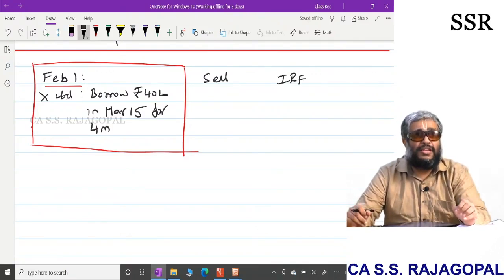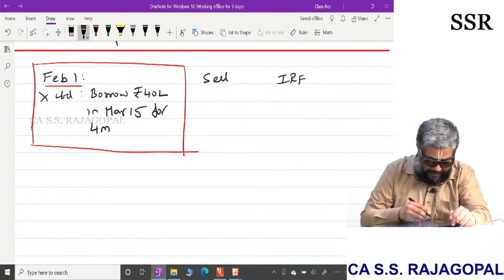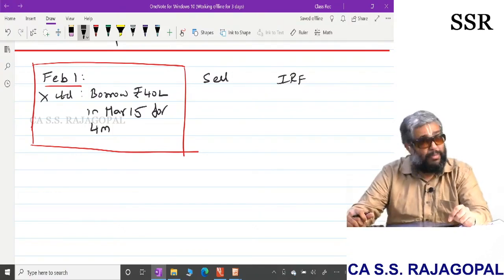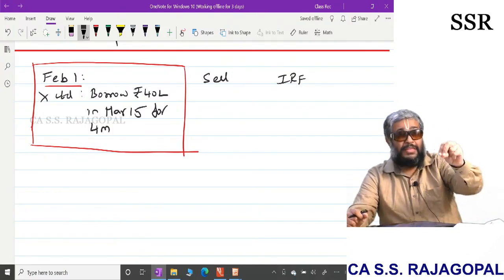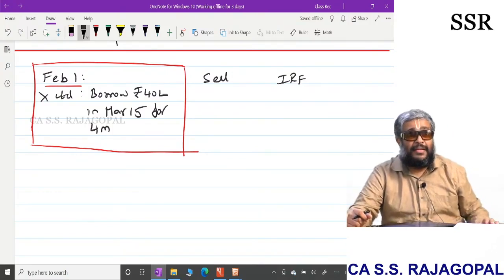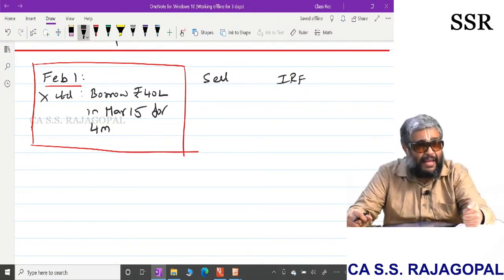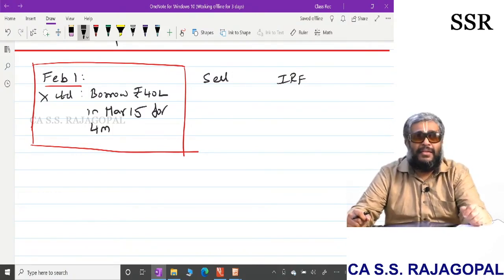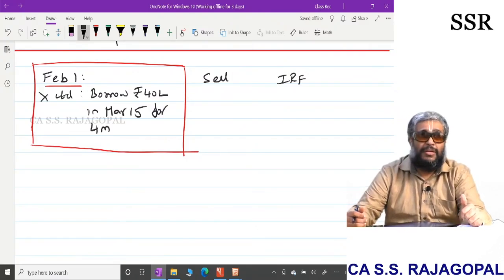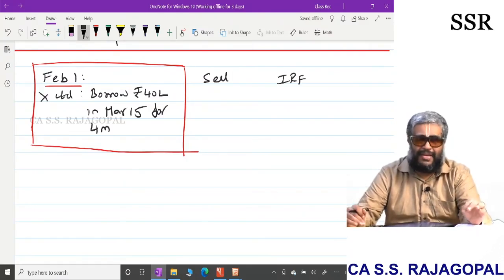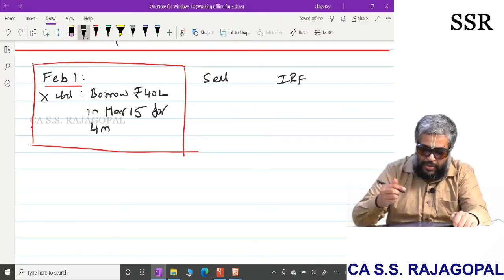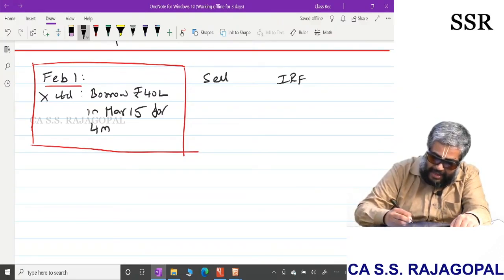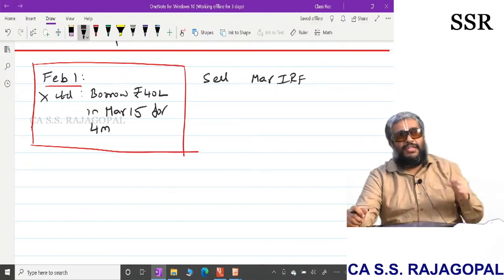Now, what interest rate futures does it have to sell? Since the requirement is on March 15, there is no futures contract which has its expiry on March 15. In February, as I said, we may have February futures, March end futures, April end futures, then June, September, December, right or not? So, in that case, I will be selecting the near month ending. I will be selecting a March interest rate futures.